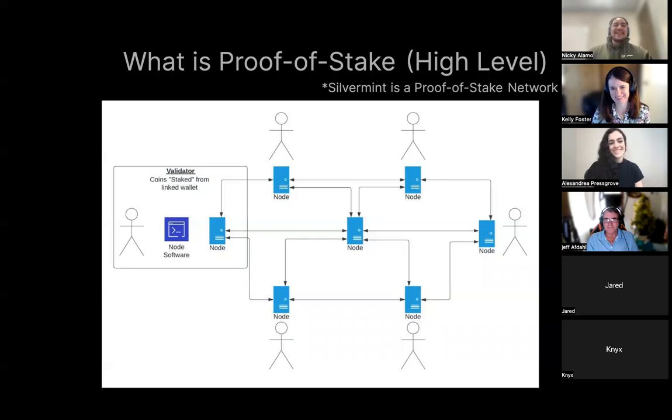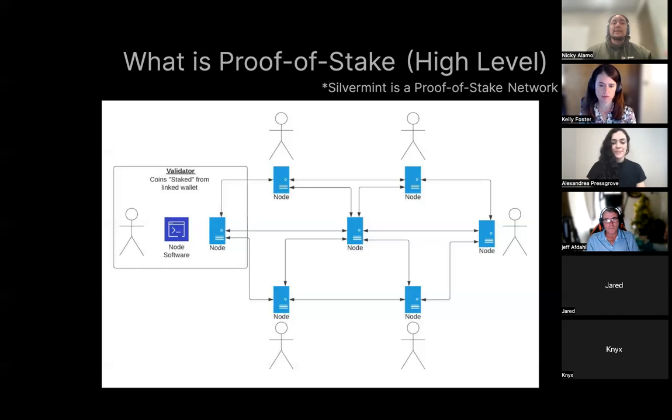Walking through it at a very top level, there's a gentleman here. He runs a specific type of node software on a server. This is different for different types of proof of stake, but it could be a server in your basement, or cloud infrastructure. There are some nodes that even run on your phone, or anything really that hosts that software and connects you to that network.